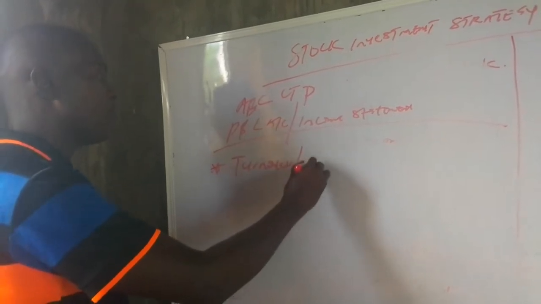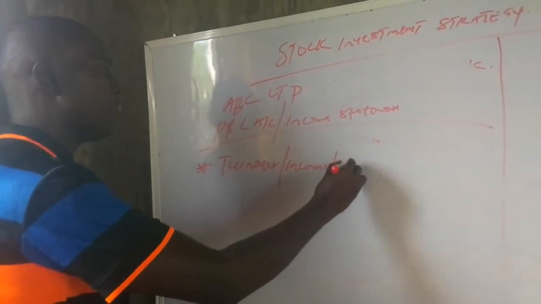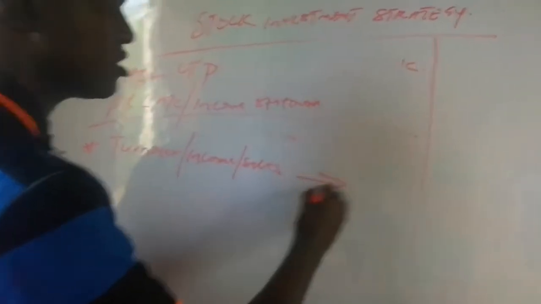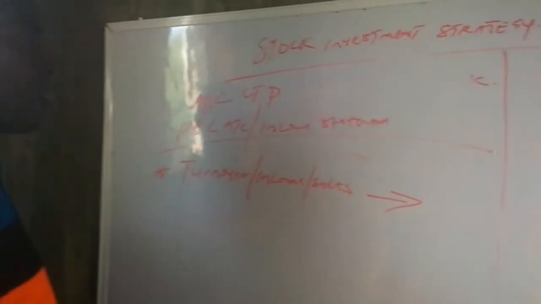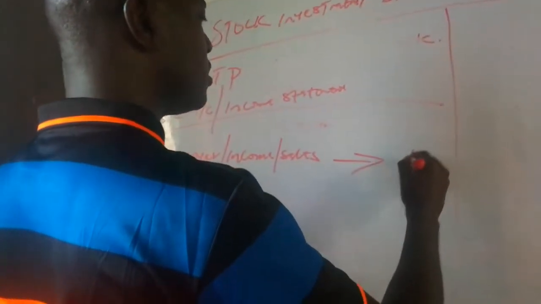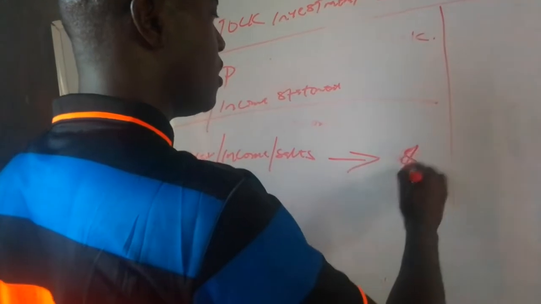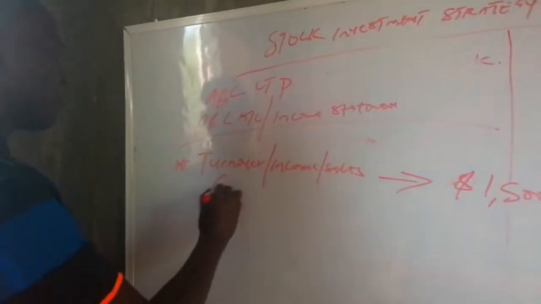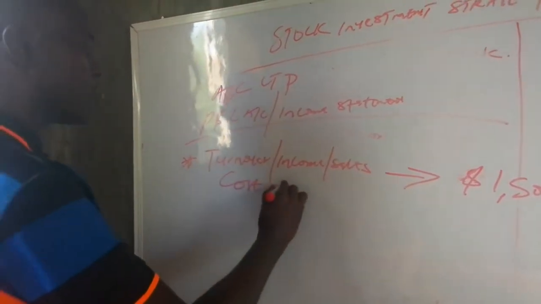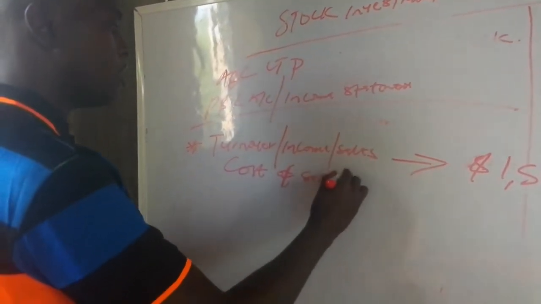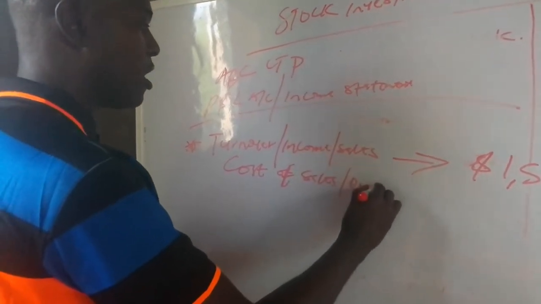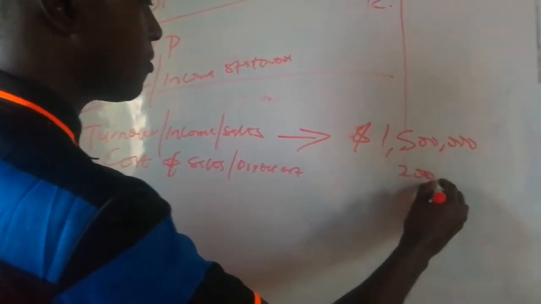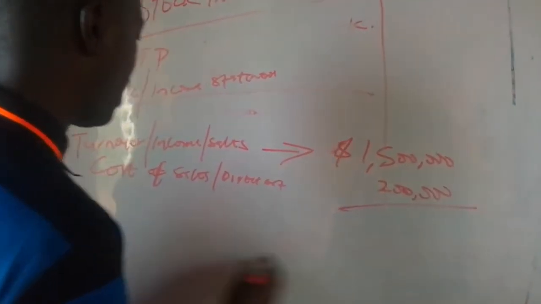It can be income, it could be sales of the business. All of them are talking about the same thing. What did the business make? So we have the turnover as $1.5 million. Then we have our cost of sales, or direct cost, as $200,000. Then we have our gross profit